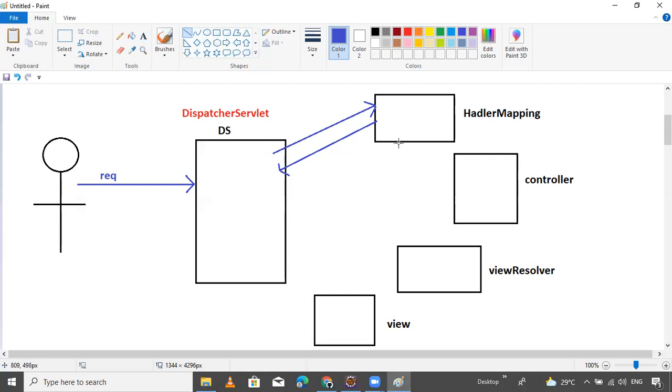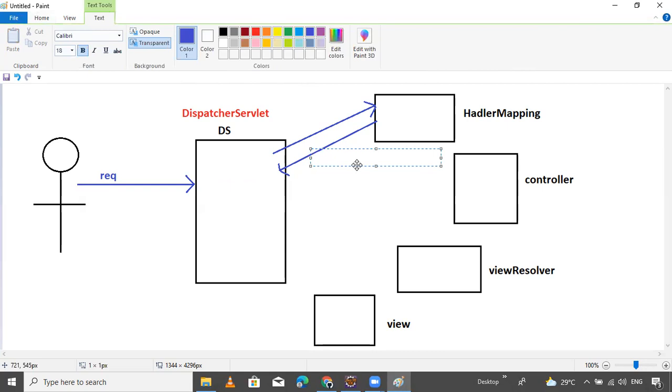What does it return? It returns the controller name.